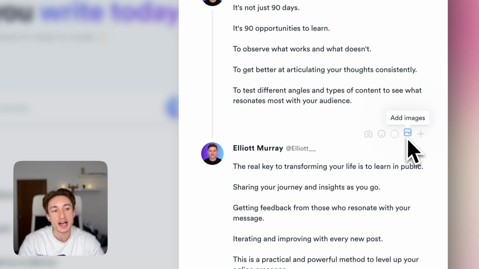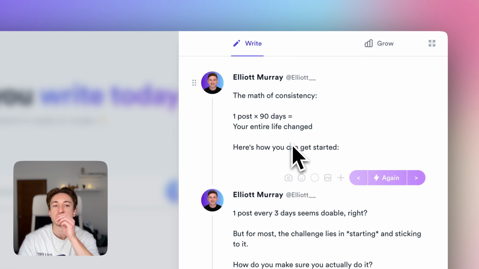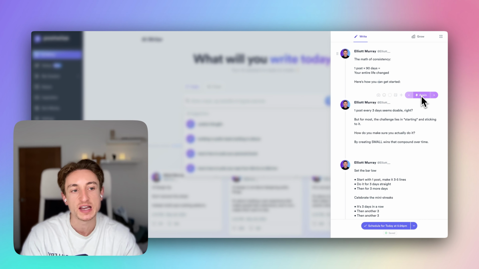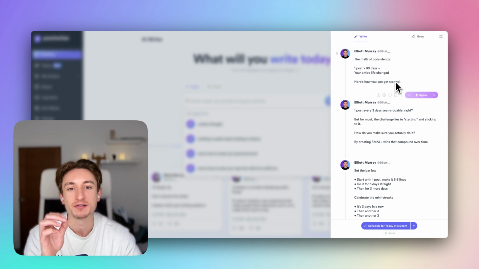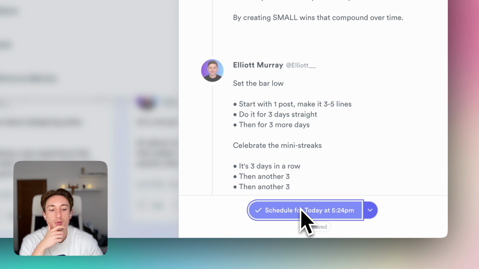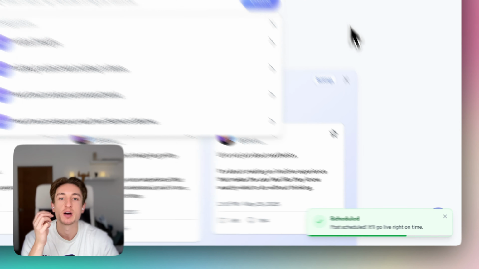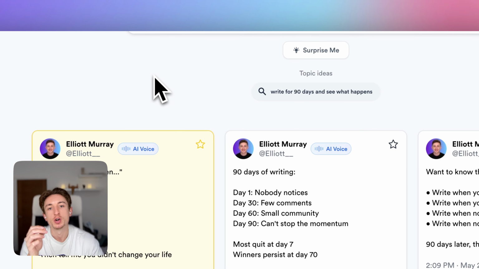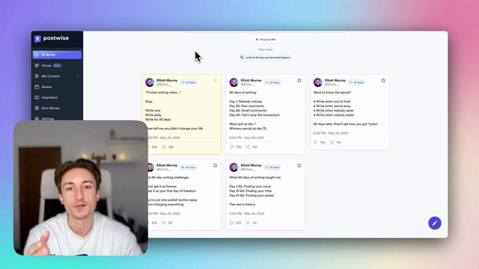We can then obviously add images if we want to get it to be more engaging, but you can see that we've gone from an idea to a thread that's super engaging in a second. And if I don't like it, I can just press again and it's going to write it all over again for you. And the same thing again, boom, I press schedule and you can see that it's now been scheduled and it's ready to go out. So that's an amazing way to create content, but let me show you a completely different way to create content,